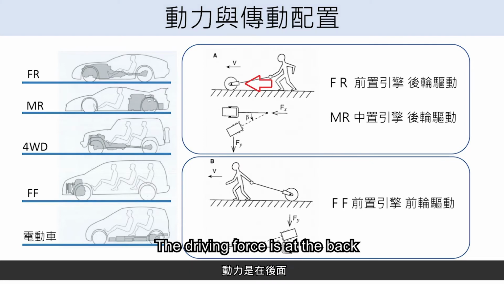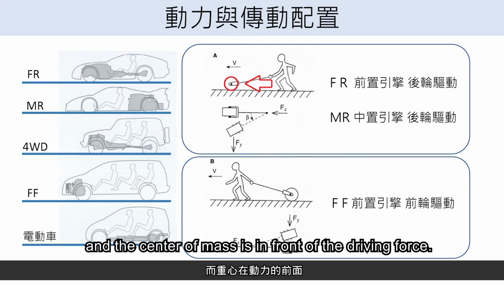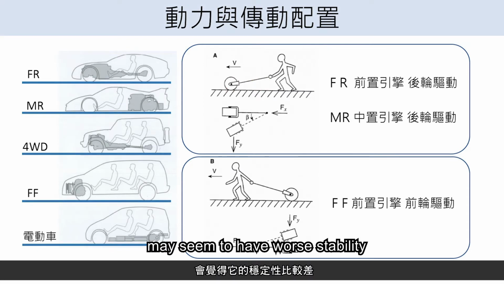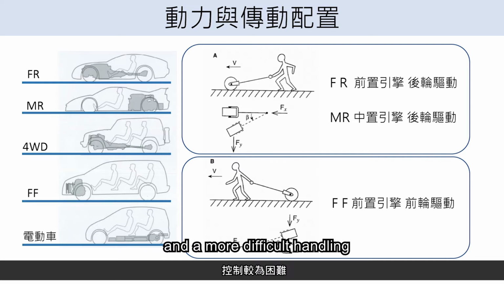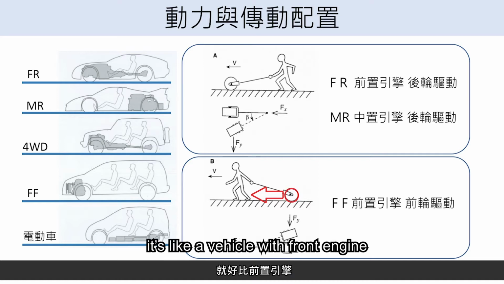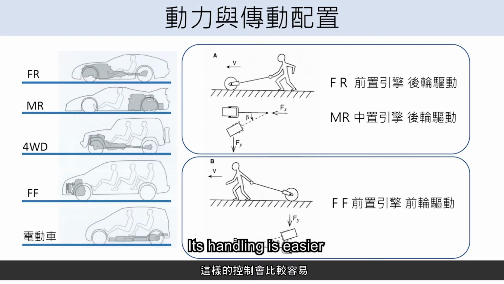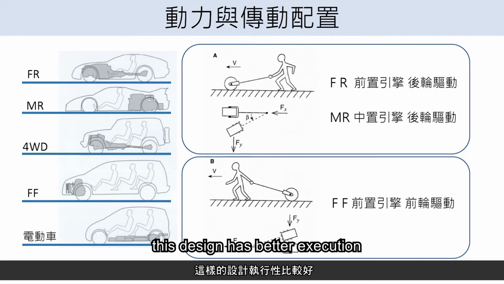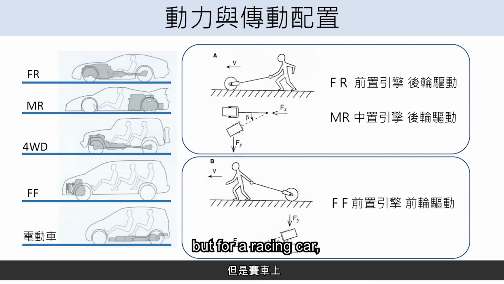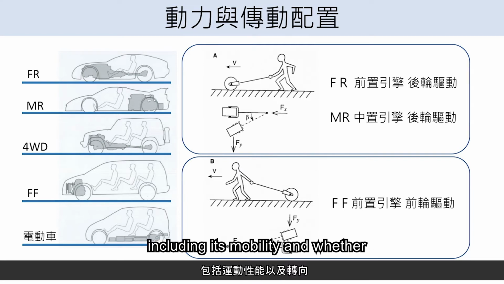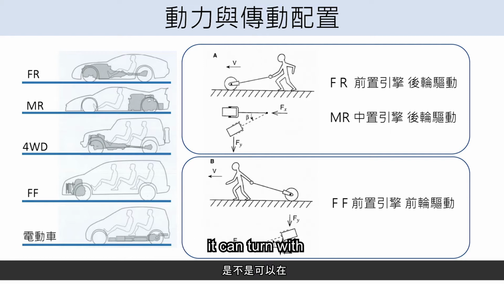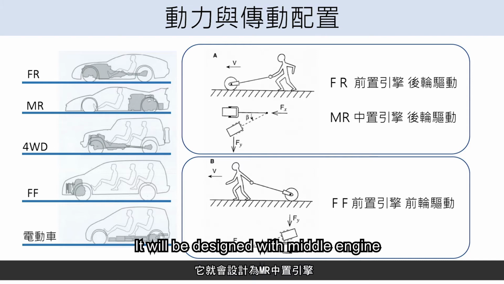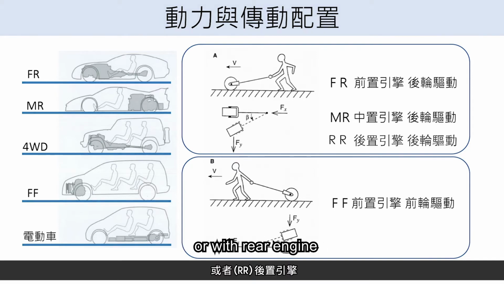The driving force is at the back, and the center of mass is in front of the driving force. This type of drive may seem to have more stability and a more difficult handling. If the person is at the front, pulling the baggage or cart, it's like a vehicle with front engine and front wheel drive. Its handling is easier. So generally speaking, this design has better execution and is also more fuel efficient. But for a racing car, it will have different considerations, including its mobility and whether it can turn with a smaller radius of gyration. It will be designed with middle engine and rear wheel drive, or with rear engine and